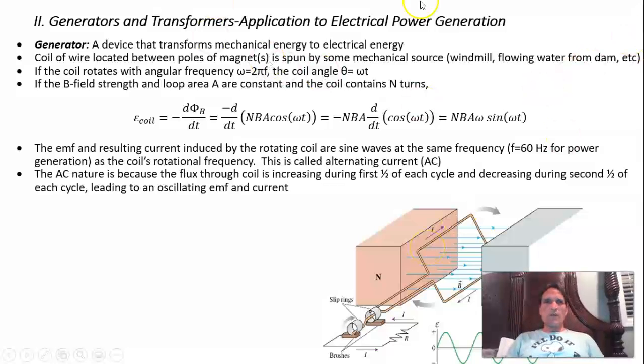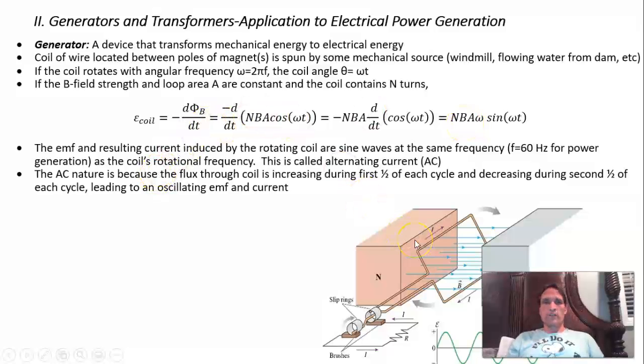And so you should be able to derive this on an exam. You should be able to plug this into Faraday's law, take the derivative, and show that the emf in a coil varies sinusoidally with time. And the magnitude of the emf depends on how fast the coil is rotating, the number of turns, how strong the magnetic field is, and on the area of the coil. Okay. So by having fairly large areas and moderate strength of the field, we can generate large